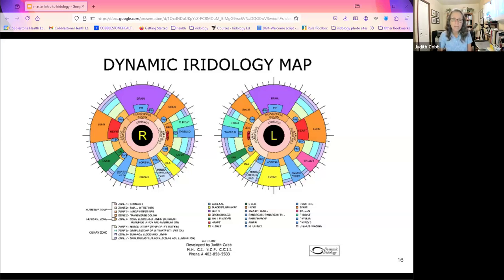Now, how many of you have seen the Jensenian iris map? I don't have mine handy. Have you seen the Bernard or the Ellentart Jensen maps? Yeah, okay. So Chris, what you will remember is that every little space has something in it, right? Every little space. Do you remember that?